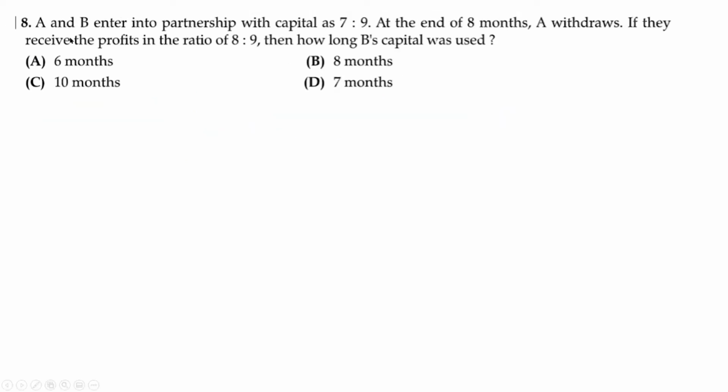The next question: A and B enter into partnership with capital in the ratio 7:9. At the end of 8 months, A withdraws. If they receive the profits in the ratio 8:9, how long was B's capital used? So let us take the time duration of B's capital as X. So A's share is to B's share is